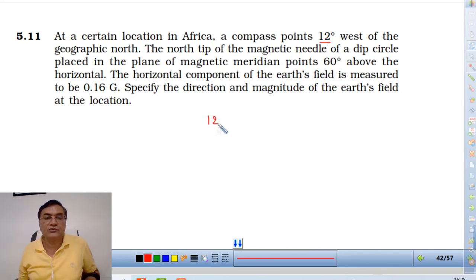This 22 is called declination. Okay. The north tip of the magnetic needle of the dip circle, where the dip circle means a measuring device placed in the plane of the magnetic meridian to find the dip angle, dips by an angle I equal to 60 degree above the horizontal. The horizontal component of the earth's magnetic field, that is HE, is equal to 0.16 Gauss. Specify the direction and magnitude of the earth's magnetic field at that location. So you are given the dip angle,